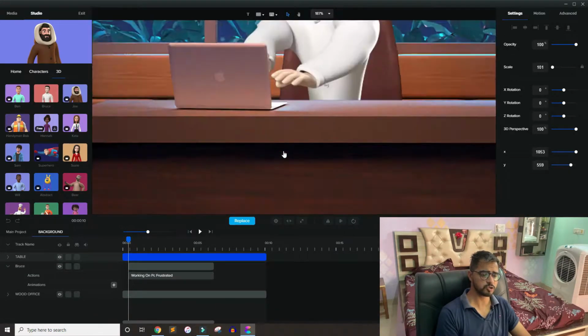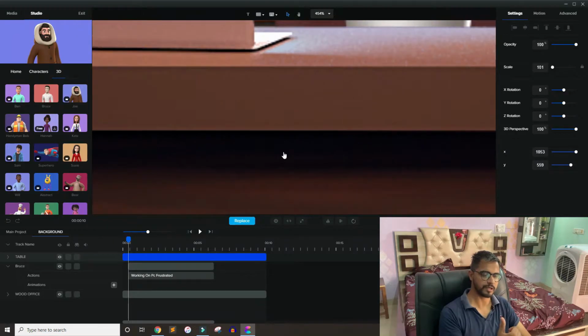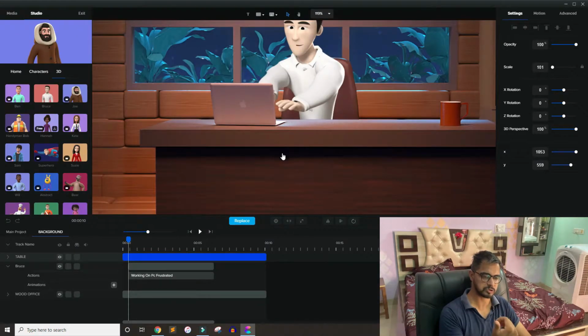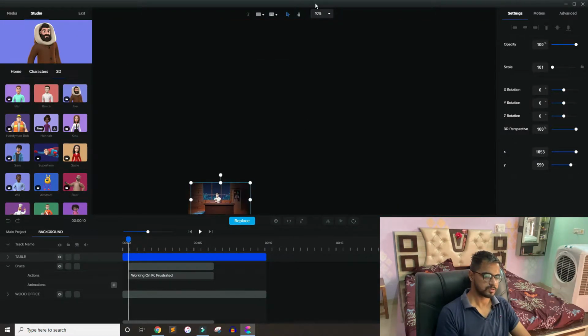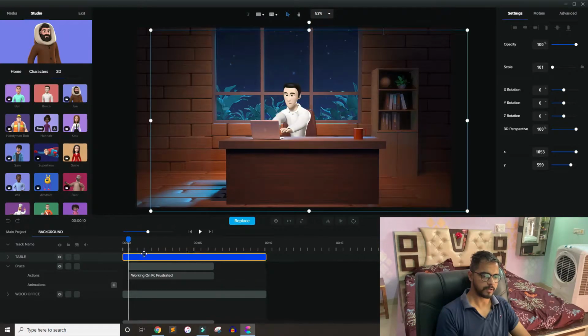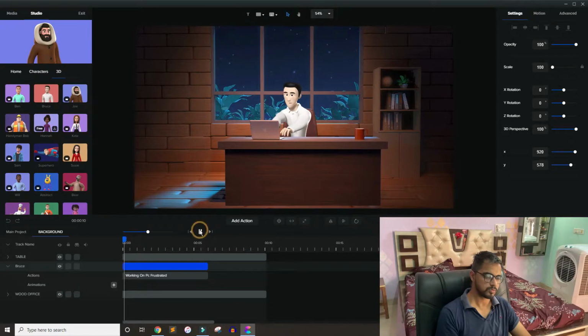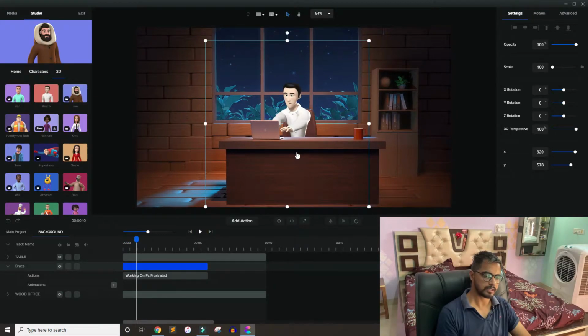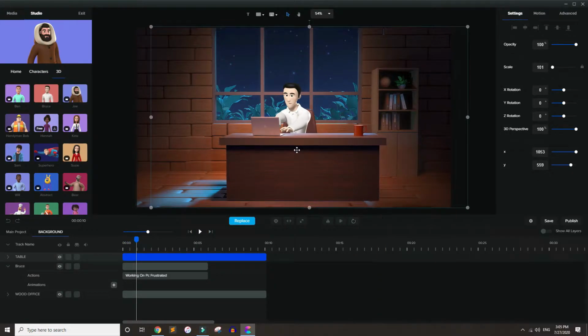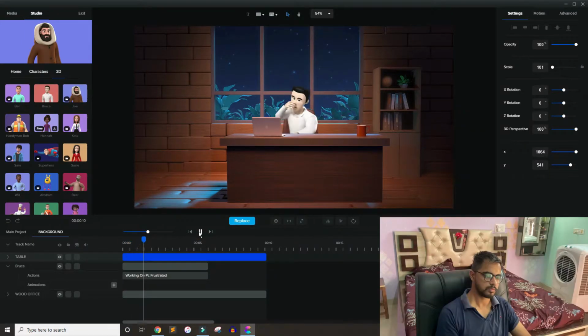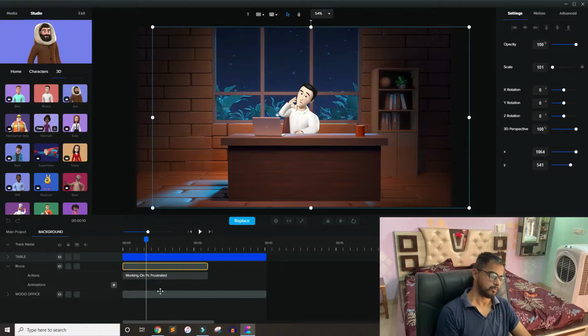In the Create Studio you can zoom in if you really want micro level editing. It's amazing. So I will click on fit to screen. Let's have a preview. It doesn't look better. Yeah, that's good.